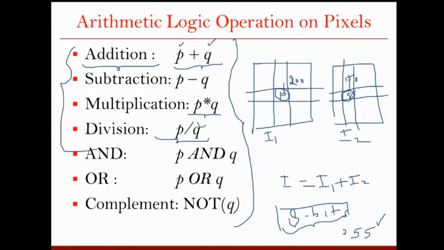There can be various criteria to handle this situation. One could be truncation, where whatever value you are getting more than 255, you just truncate it to 255 or bring it down to 255. Or whatever value you are getting beyond 0, on the other side, all the negative values, you can say that they all become 0. This is one way to make sure that everything you get after computation lies between the range 0 and 255.